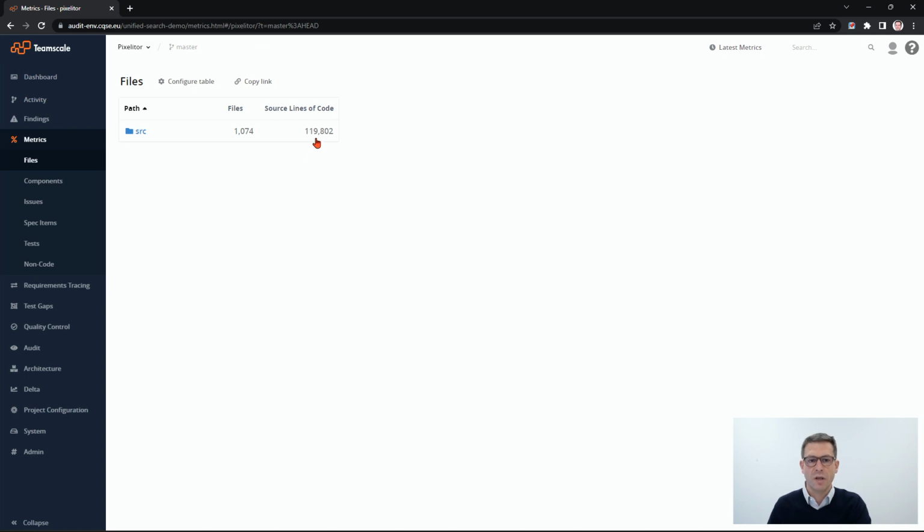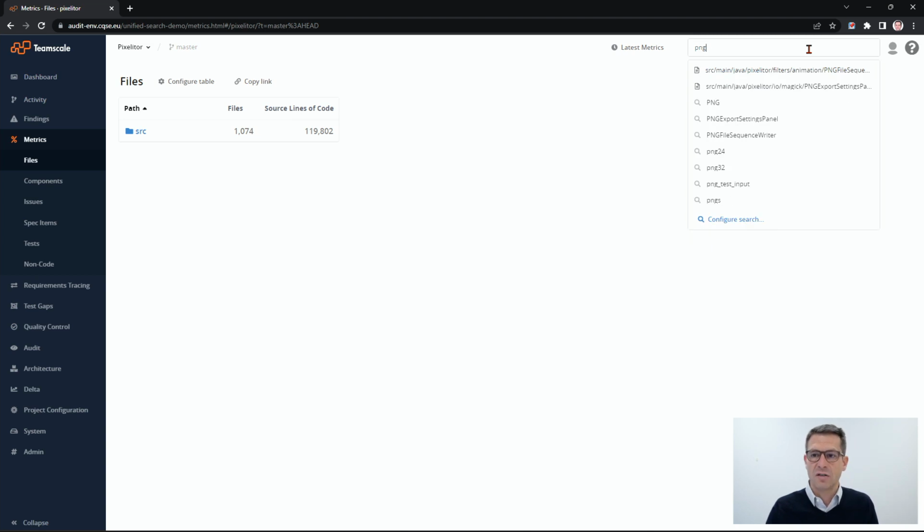You can see that with about 120,000 source lines of code, it's not a large system, but it's not a small system either. Let's imagine you want to add support for a new image format to Pixelitor. You probably do that by first trying to understand how image formats are generally supported in Pixelitor. And to get to that, you could just search the source code for one of the image formats you know it already supports. In Teamscale, you could, for example, just enter the search term PNG in the search box, and